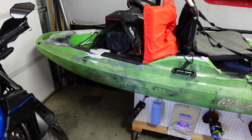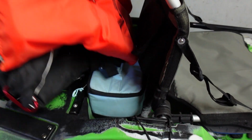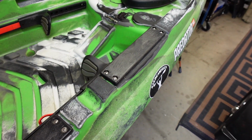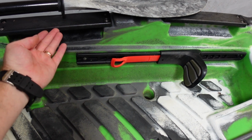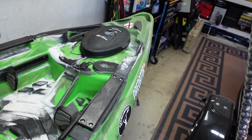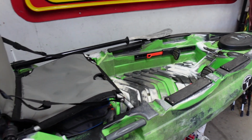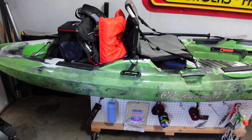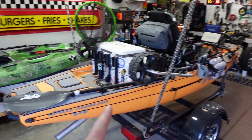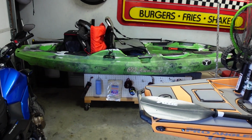It's got mounting positions everywhere, all over this thing. It's got mounting blocks here, four of them up front, 2 on each side where you can mount stuff, and they've even got the little cavity up under them so you've got room for the bolts and nuts and stuff. It's got a dry box up front. It's got a lot of extra room. It's got a lot of potential, but like I said, I don't want to do to it what we have done to this. I want this to be lightweight so we can throw it on the roof of the truck,